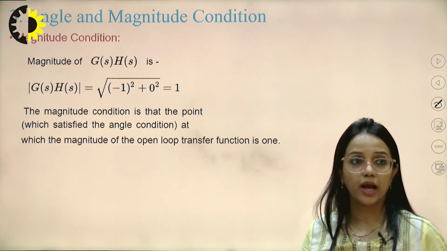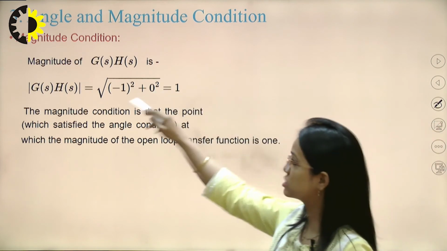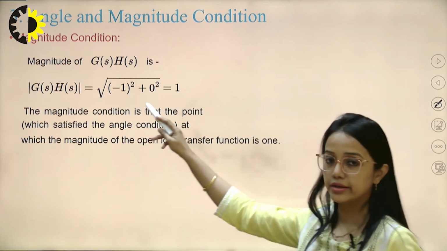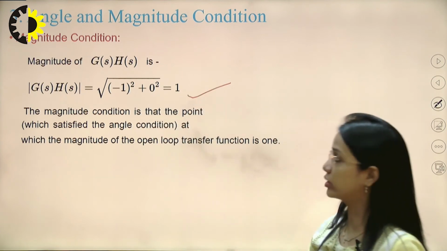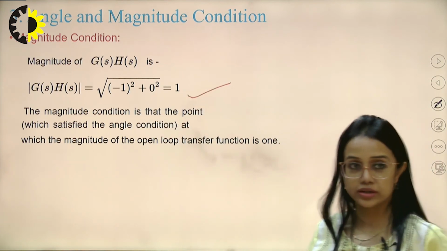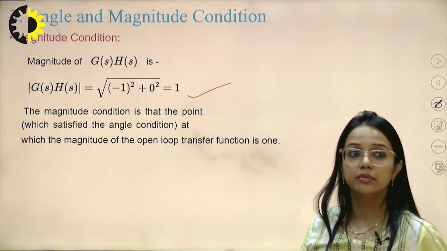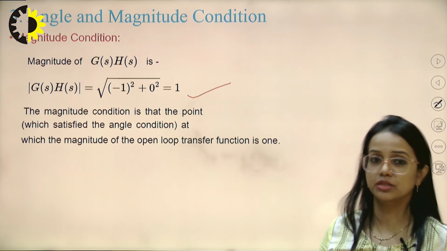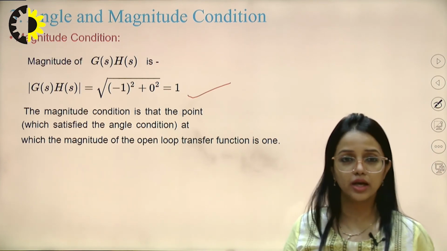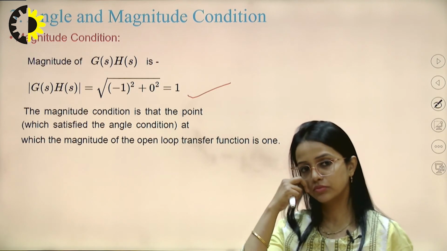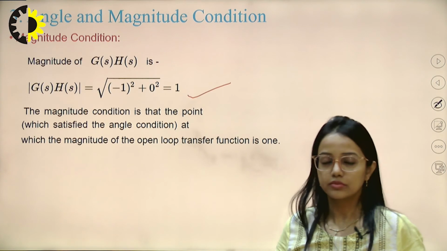And coming on to the magnitude condition, of course we know that for G(s)H(s) the magnitude is root over (-1) squared plus 0, which is equal to 1. The magnitude condition is a point at which the magnitude of the open loop transfer function becomes 1. So this is very simple, and nothing more on that. We will study more about magnitude and angle condition in the Bode plot. Moving ahead,